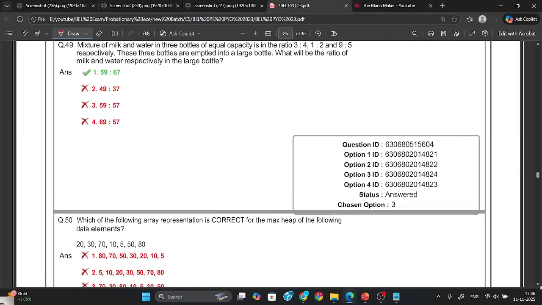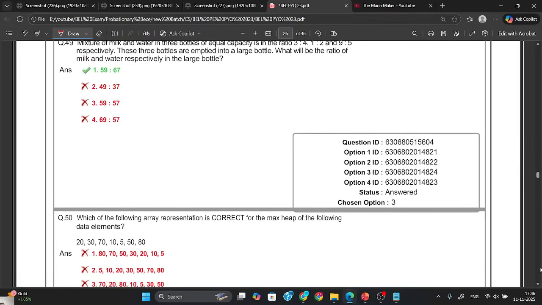Okay, mixture of milk and water, this is related to general aptitude. Okay, next one,